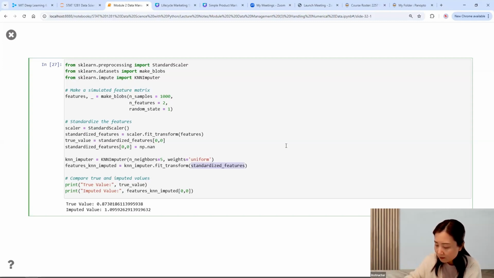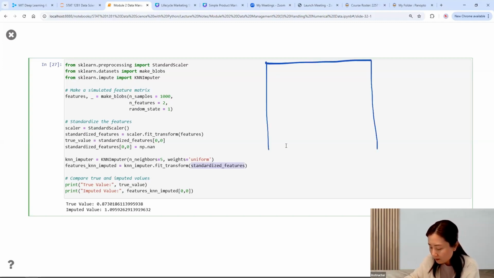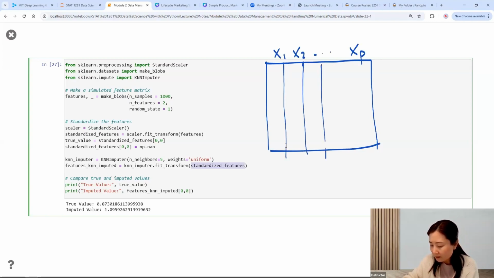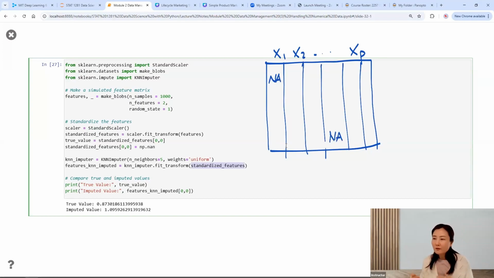For example, if you have a matrix like this with a lot of columns, and you have a missing value here and a missing value here, and you feed this entire matrix into the KNN imputer,